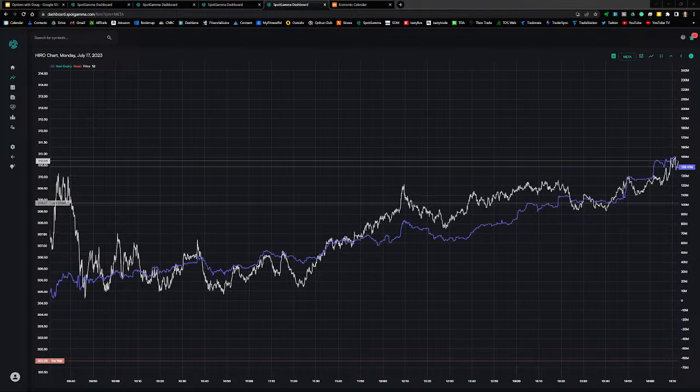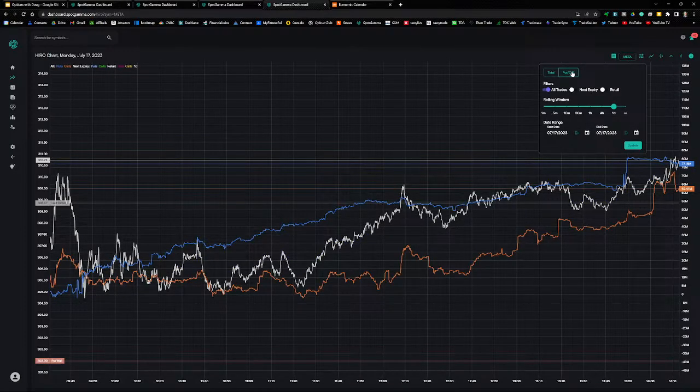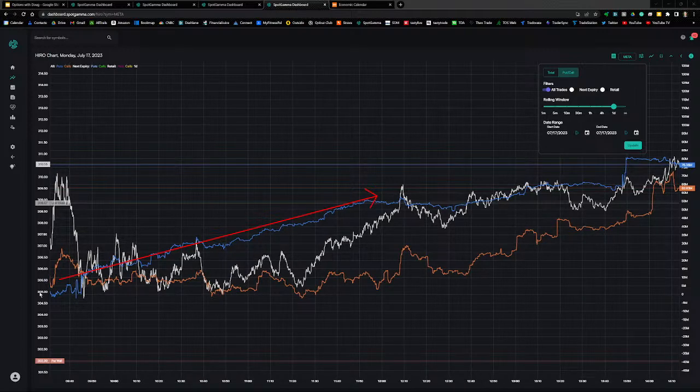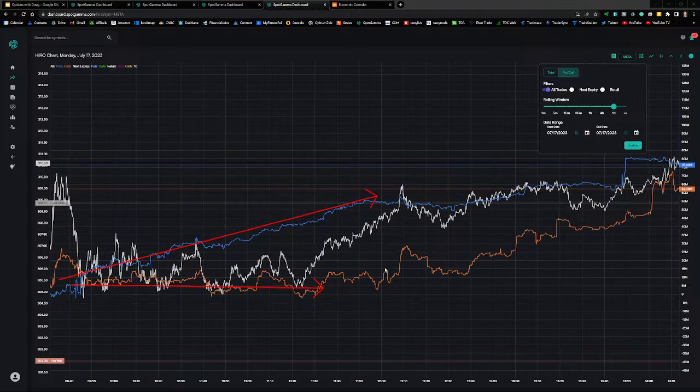You can separate out puts and calls. And you see that traders were, and this becomes more clear, this rising blue line shows that traders were selling puts, and that was helping to finally drive price higher. And they weren't doing much with calls. Note the orange line overall is pretty flat, and then they start to buy calls, continue selling puts, and price continues to move higher.